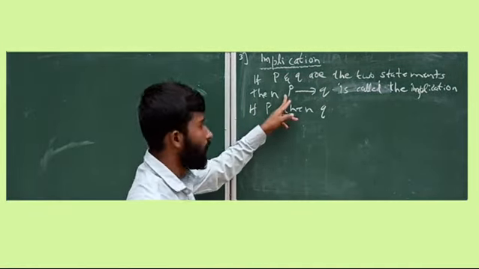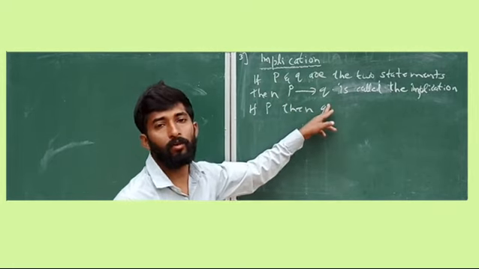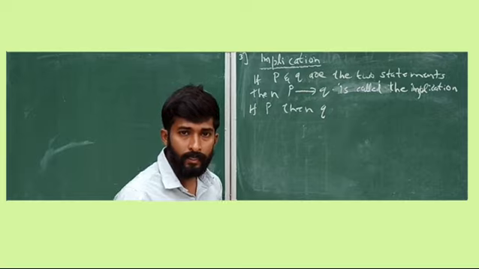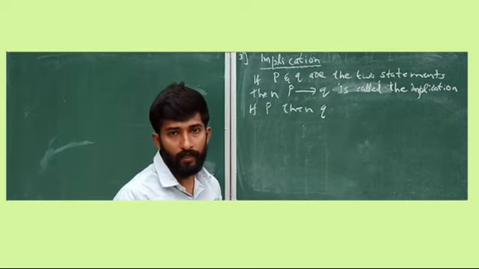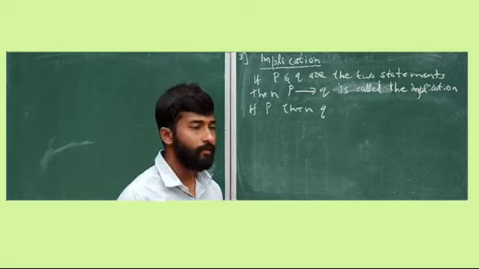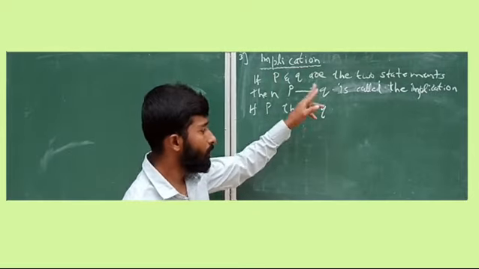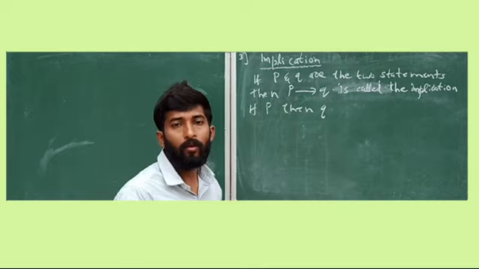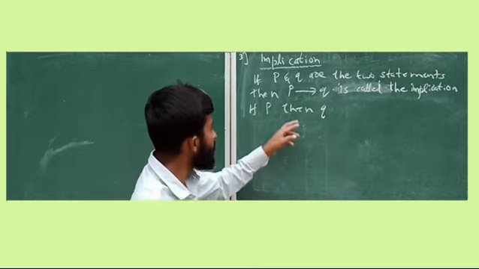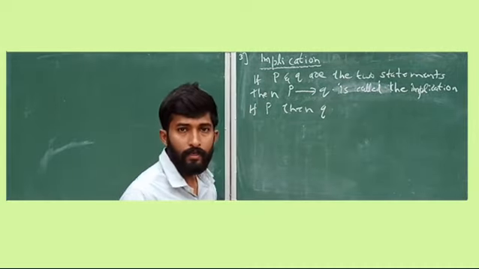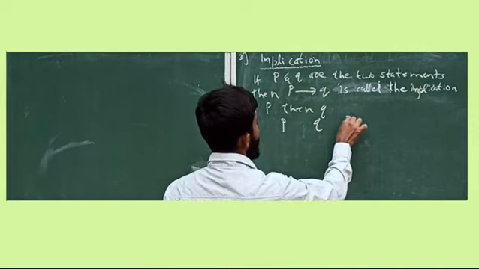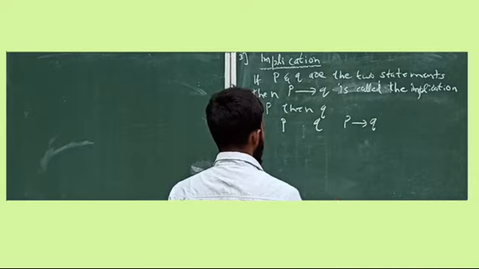Here P is called the condition, Q is called the conclusion. Start with "if P". The total statement totally depends on P. Therefore, P is called the condition here. Then what is the conclusion? Seeing the condition of the given statement, you are giving the conclusion. That is called implication. Now see the truth table: P, Q, P implies Q.